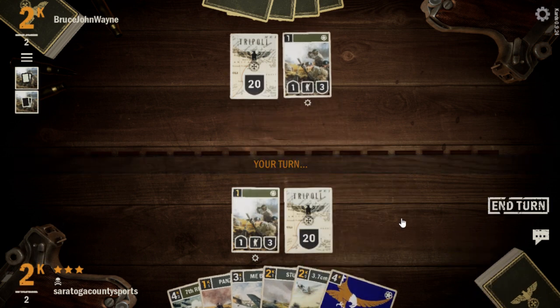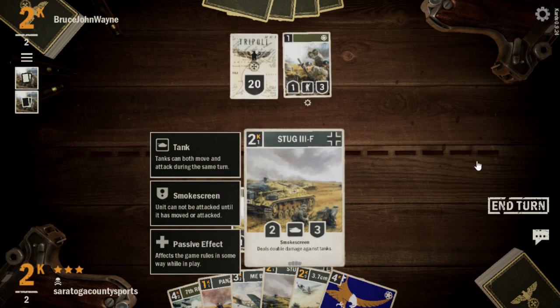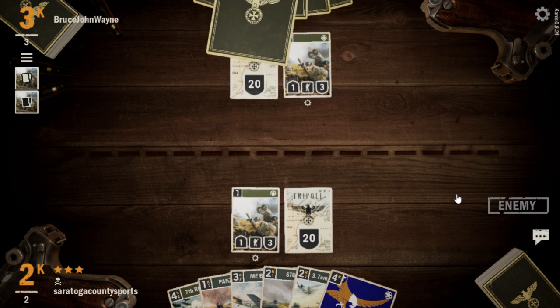Alright, so it looks like our opponent just put a countermeasure on here. Since they're playing the Americans, who don't have a lot of countermeasures, we also have to think that it's probably careless talk since they're playing with the Germans. So we're going to stand pat, make them waste their turn. We waste ours, but...